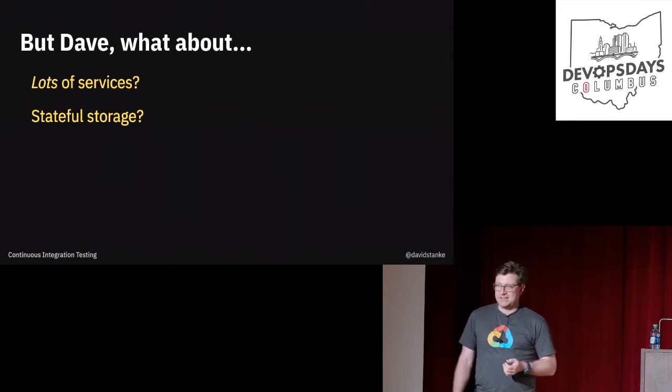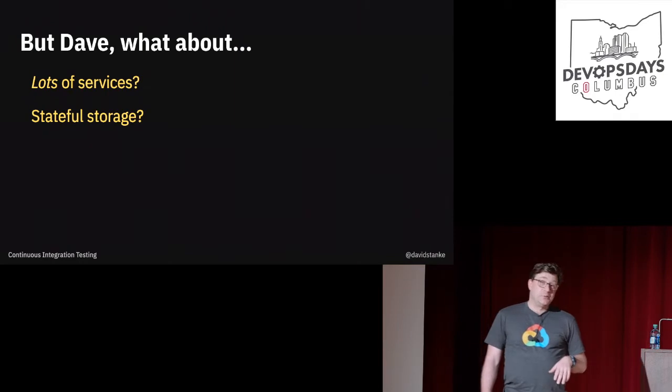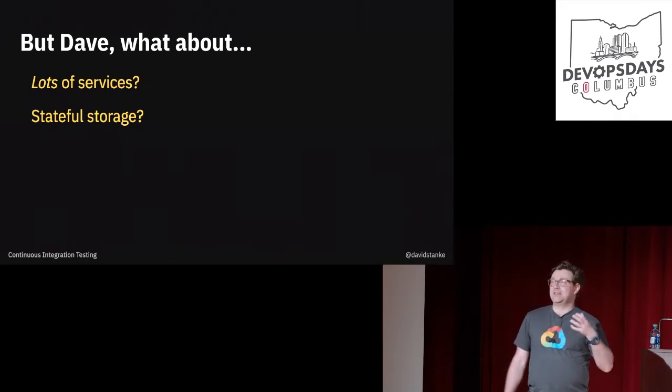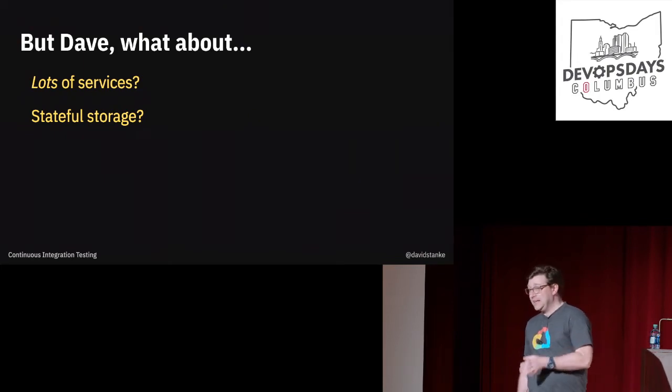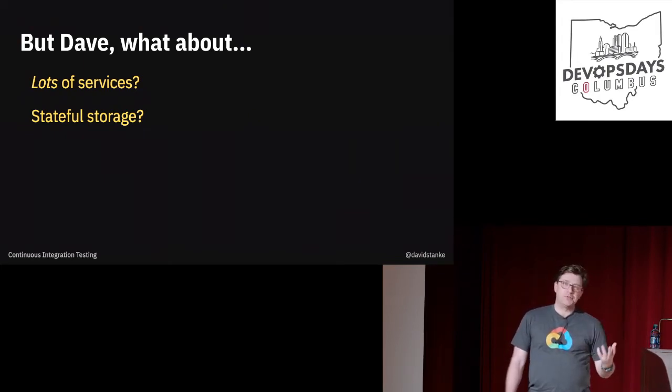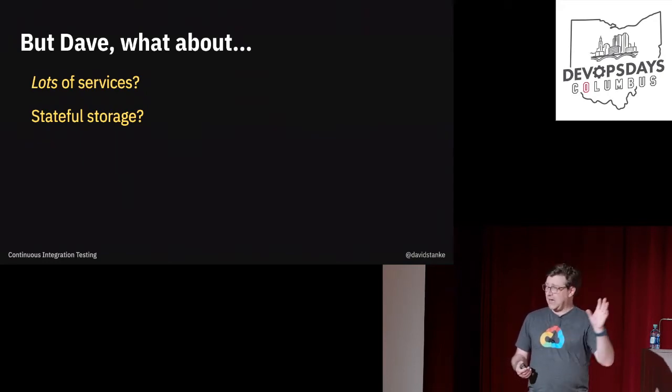Dave, what about state? Everything's got state. The database is the hard part. In my example, I showed you running a database inside a container as part of the test, but you're probably not running your database inside Kubernetes. So options here include you could use something like a database as a service and spin up a database externally